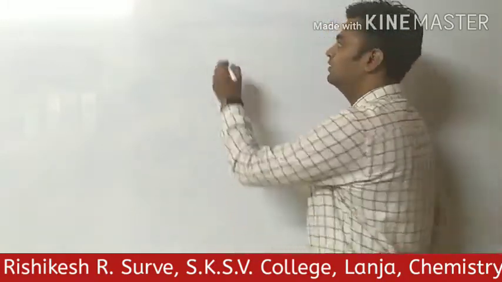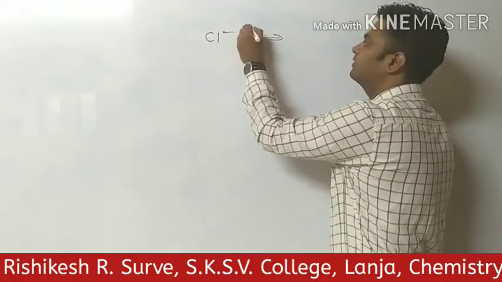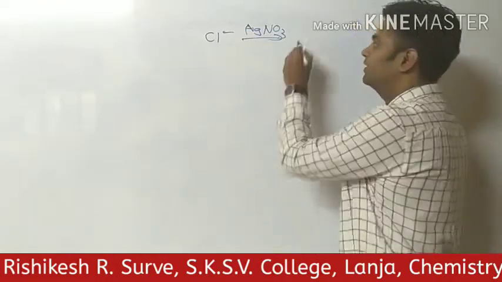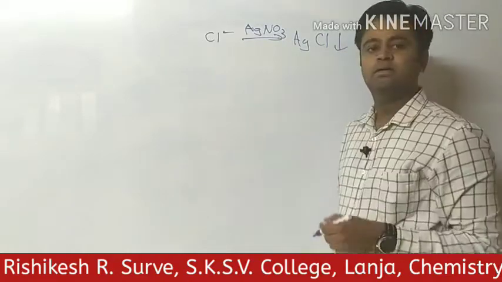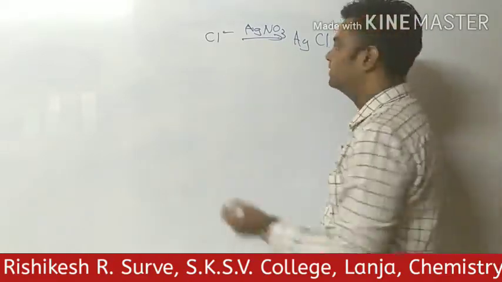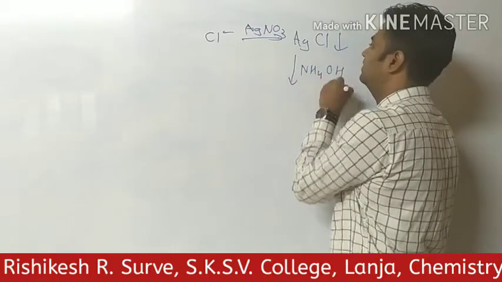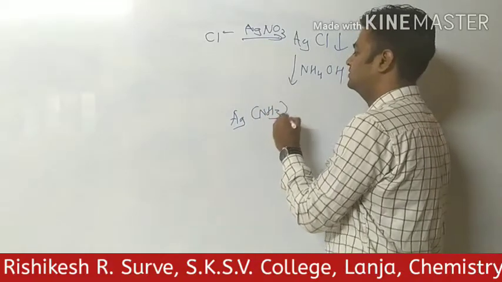Suppose we have been provided with Cl- ion and we know that on addition of AgNO3, silver nitrate, it will get precipitated as AgCl, white colour precipitate. But further, on addition of ammonium hydroxide, it forms a complex,